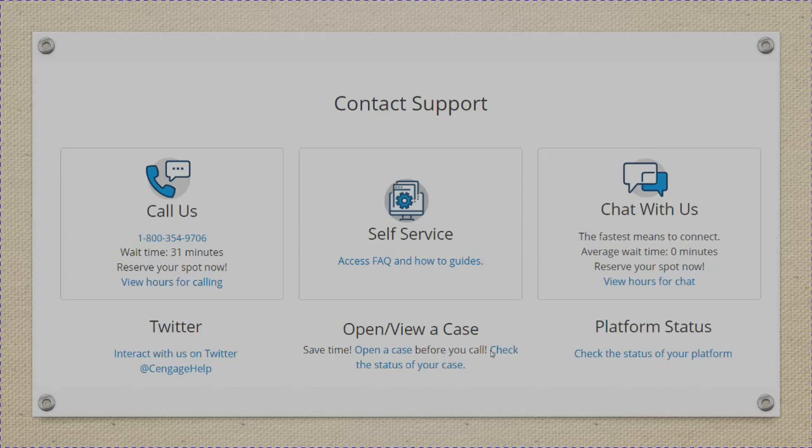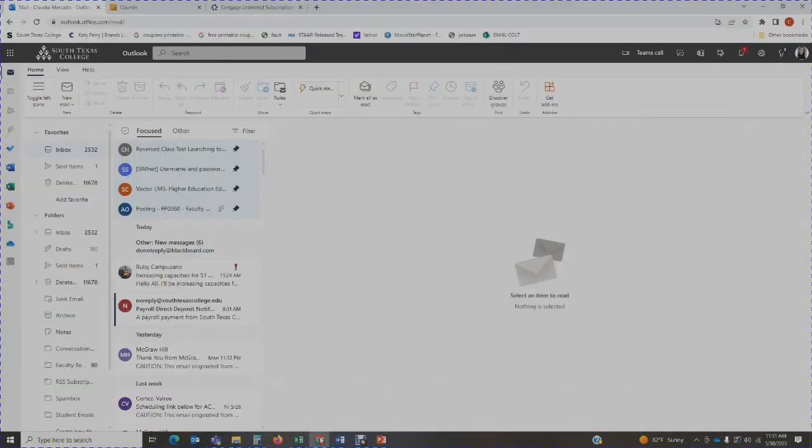There's just a whole bunch of resources available. Sometimes the systems go down and they update that in the platform status. So all of this information is available to you under the Cengage resources, and I'll show you in a bit. Okay. But just keep in mind, keep this phone number handy in case you ever need to contact them. I've had many students ask, well, how do I call them? This is the number. It's provided in the orientation video. I make it available to you. So make sure that you take a picture of this and that you keep it handy in case you do need to contact Cengage support. Okay. Now I'm going to go ahead and jump